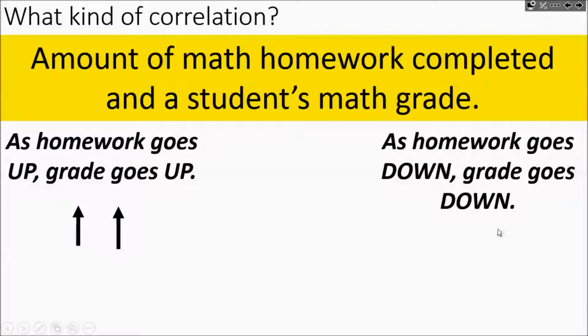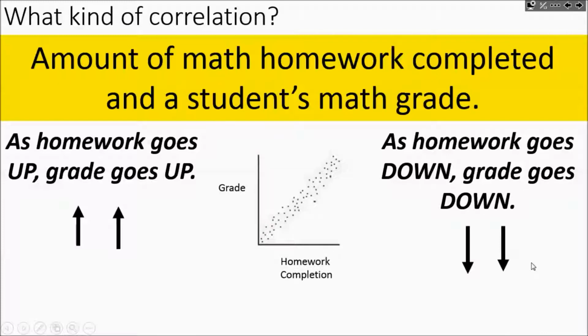A lot of kids will say, oh, that's negative, but they're still going in the same direction. Yeah, the kid's going to be sad and angry, and teachers are going to be mad at him, so he's in a negative situation, but the correlation between the two variables go in the same direction,